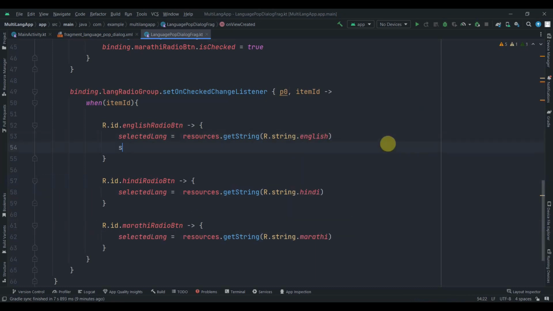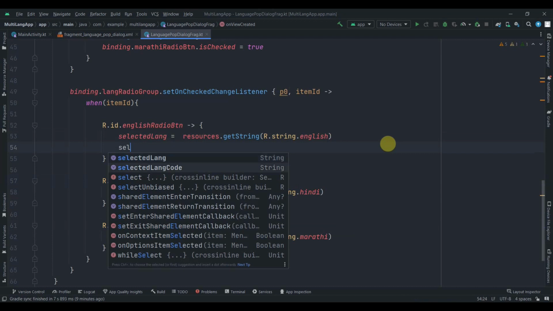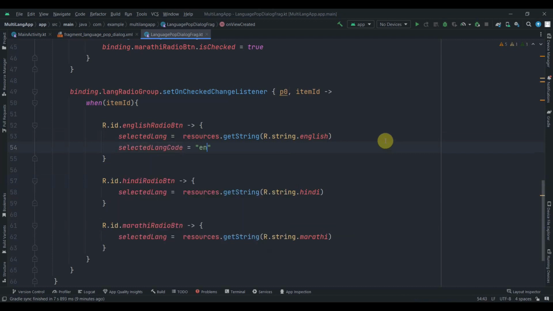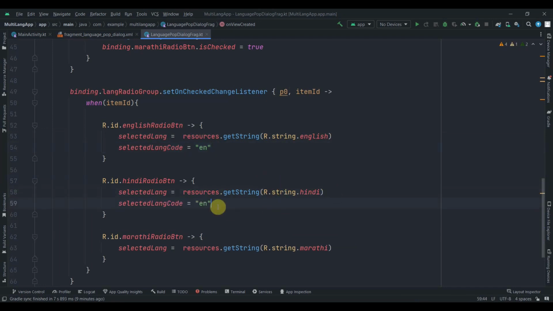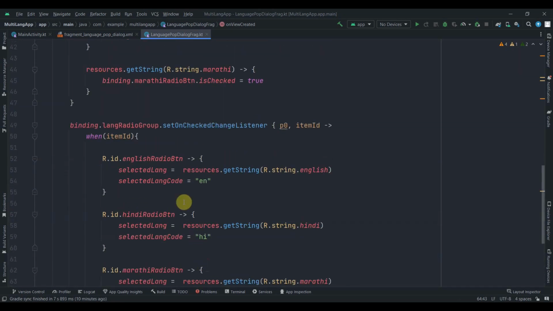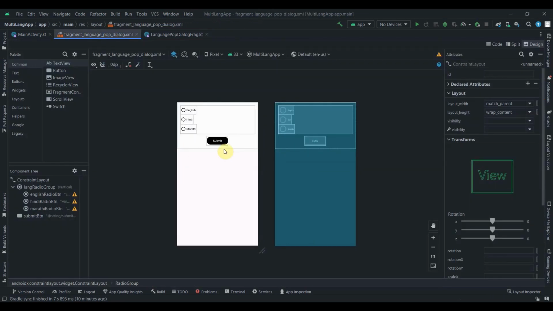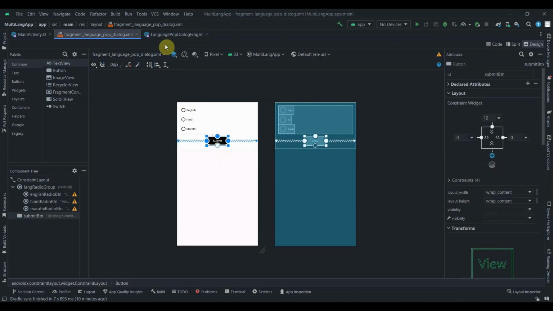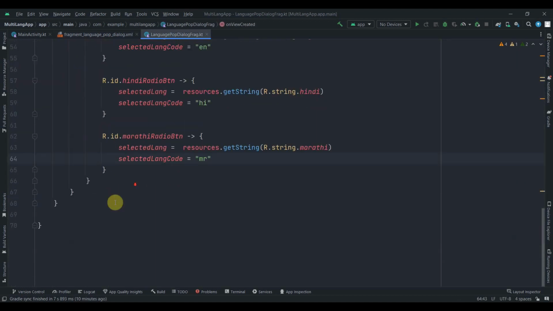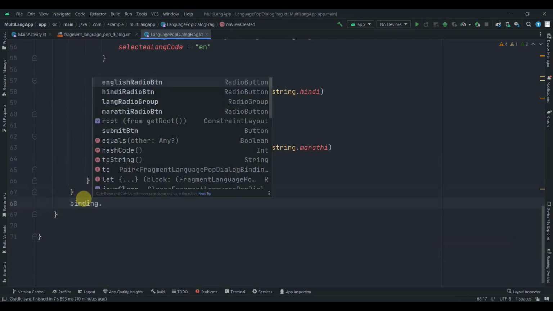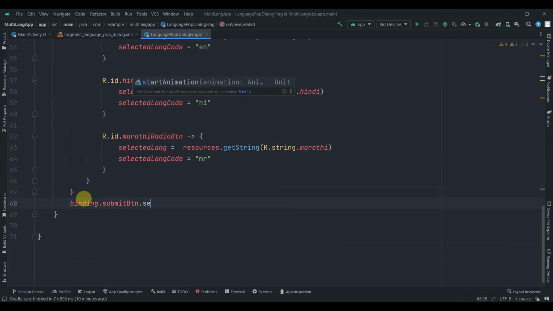Cool. And we'll also change the selected language code. So this will be EN and this will be HI and this will be MR. Cool. So now the last thing that we need to do in this dialog is to add an on-click listener to this submit button. So down over here you can just write binding dot submit button dot setOnClickListener,